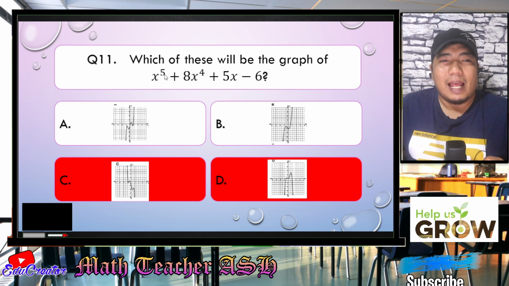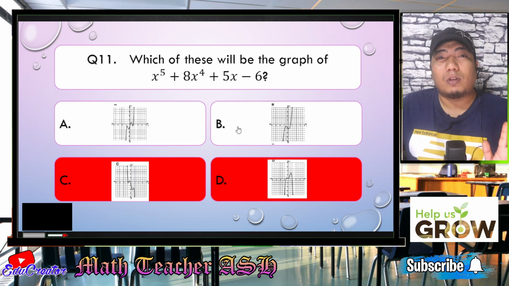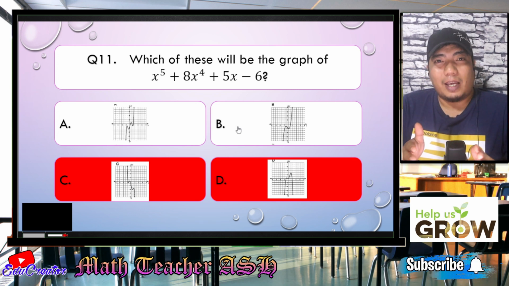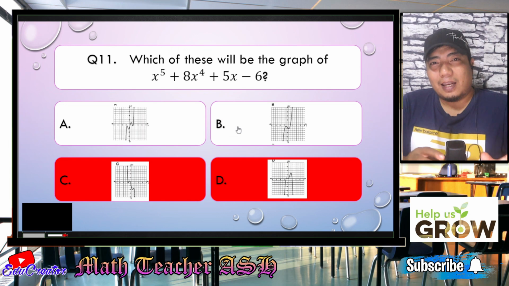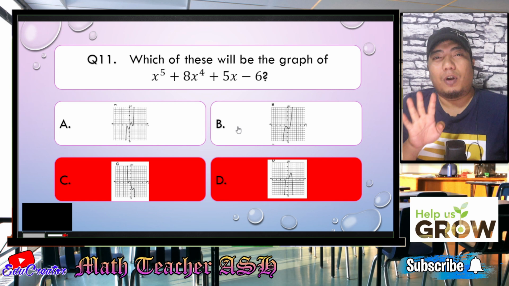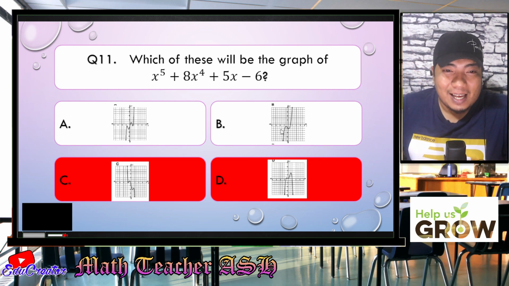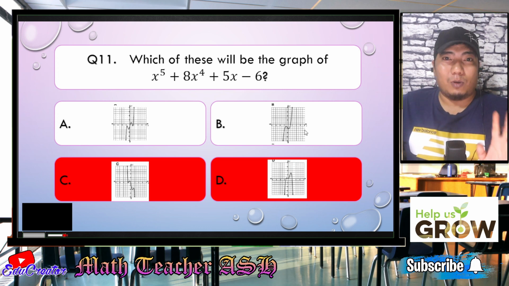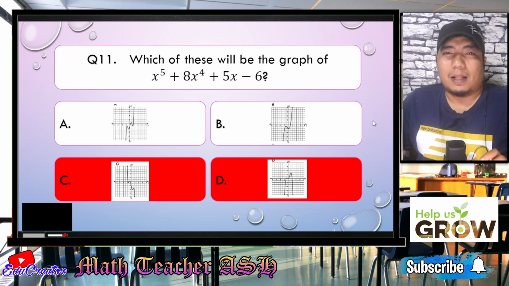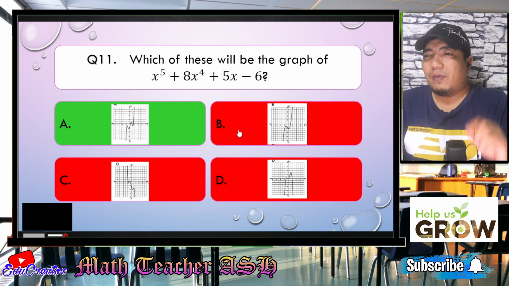Now, my dear math learners, let us now consider our exponent, which is the degree. It is 5. Now, the turning points, as what I have earlier said in the previous questions, is attained when you subtract the degree minus 1. So that is n minus 1. So the graph should have at most 4 turning points. So there are 1, 2, 3, 4. So letter B has only 2 turning points. How about letter A? 1, 2, 3, 4. So basically, my dear math learners, the correct answer is letter A. Alright. Easy, right? Very easy, my dear math learners.